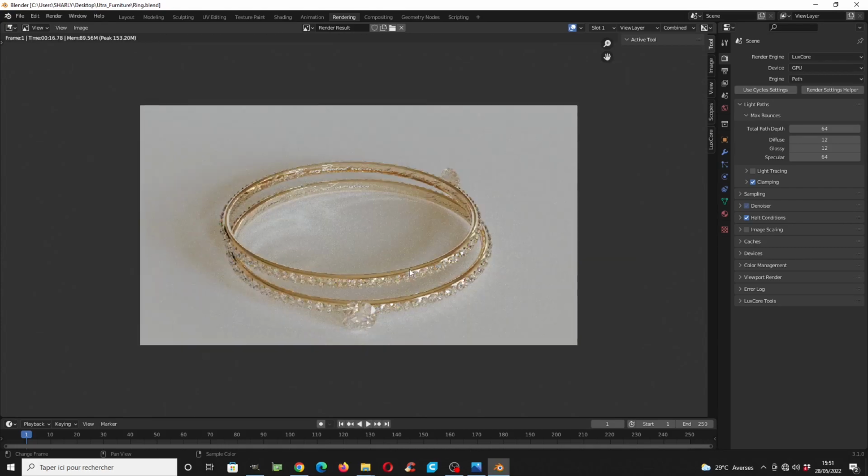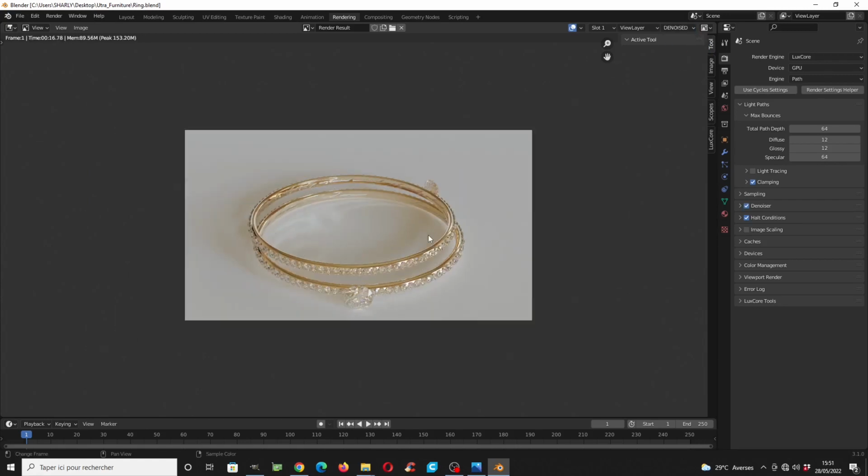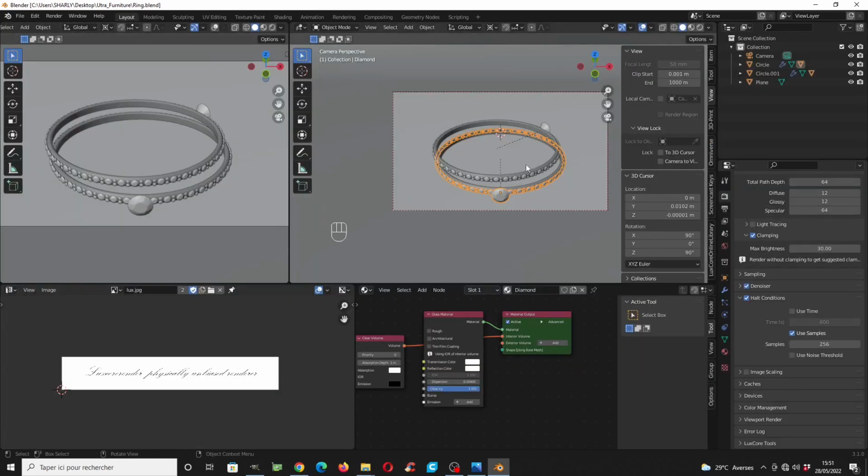Okay. I think that everything looks interesting. Let's go to the denoiser. Okay, that's a good start. So let's go back to the